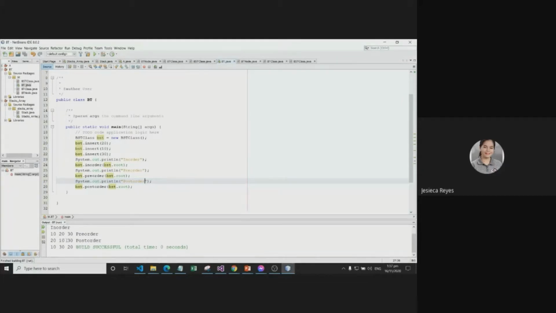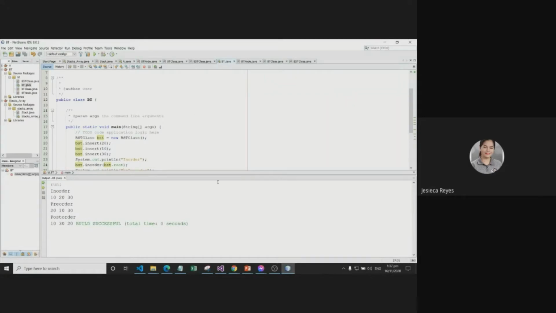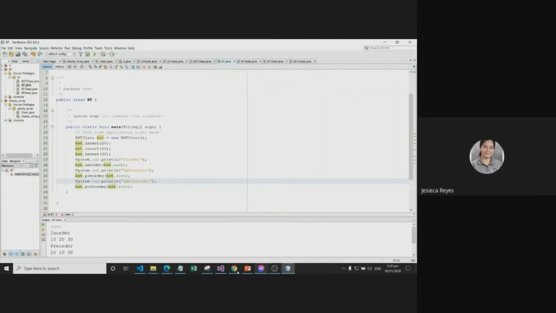In order: 10, 20, 30. Pre-order is 20, 10, and 30. And post order is 10, 30, and 20. So it seems that our insertion method is correct. All right. Now, if we are going to add more,